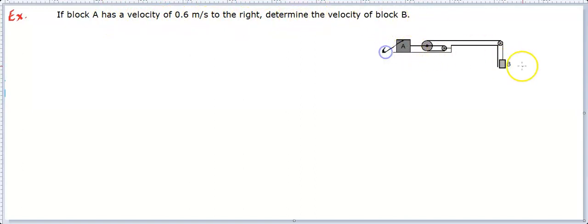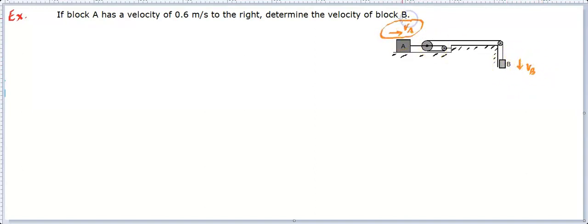So there are two blocks. This is A, this is B. And this is the fixed surface on which this arrangement has been made. And this has a velocity towards the right. So this is VA. We need to find the velocity VB. So let's assume this velocity of B is downward, or you can assume upward. Whatever you assume, accordingly you will get your sign, and then we will change it.